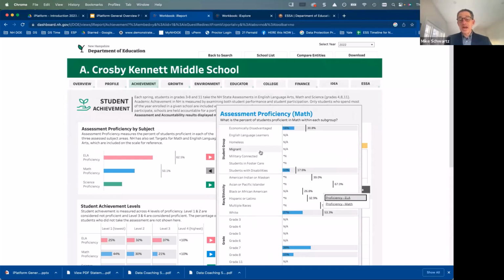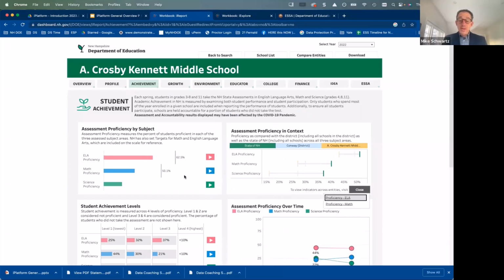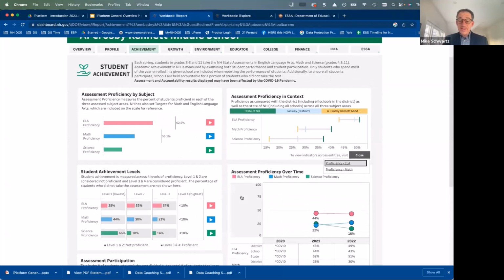And I think the question said, how did that compare to the state? And so again, that information is actually not on this page. Where we have it in context, it shows you how the state did, but that's not broken down by subgroup. That's just for the entire school. So if you wanted to see how students on IEP did in the state,